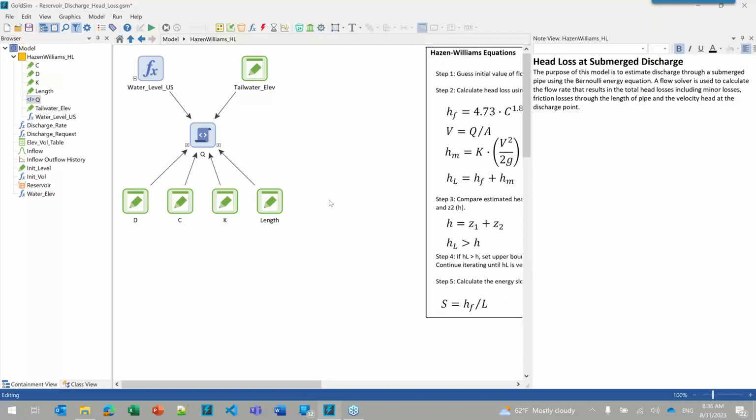So previously I was showing you 1 day time steps. So if you have a 1 day time step, then in order for the hydraulic calculations to be producing such high